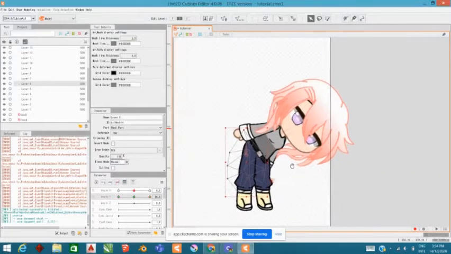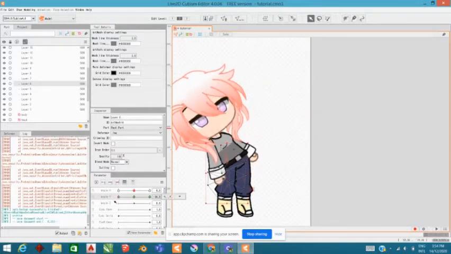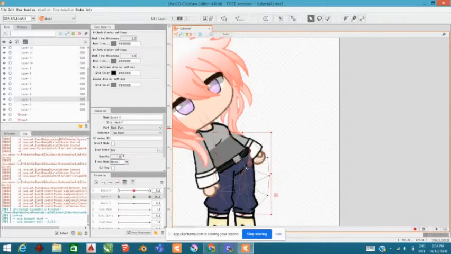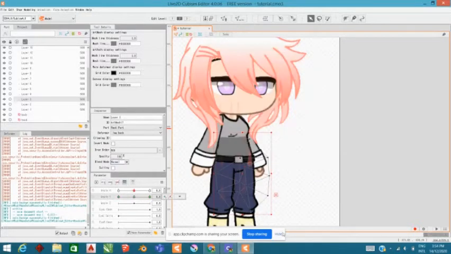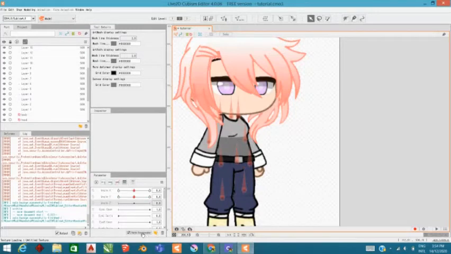So we're done with the body. Apparently, just do the same things for the remaining parts. So we're just going to do the same thing with the remaining parts. And if you need a new parameter, just click on this one. We have a new parameter.